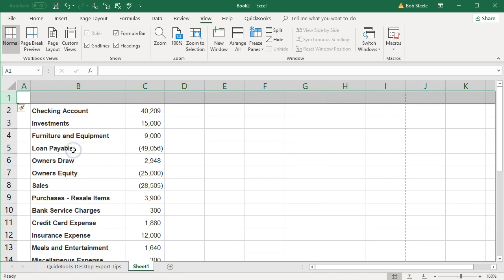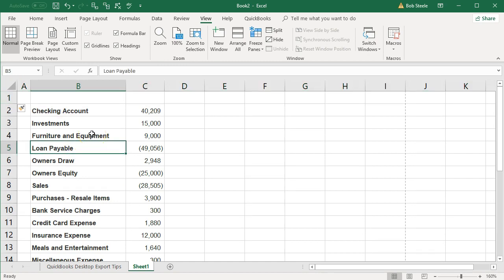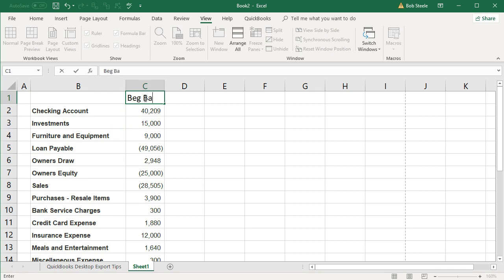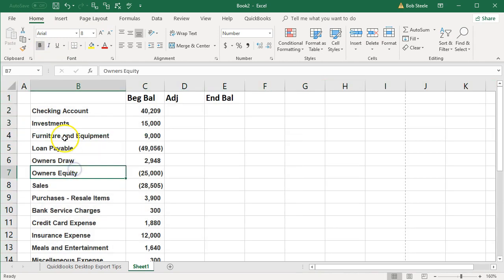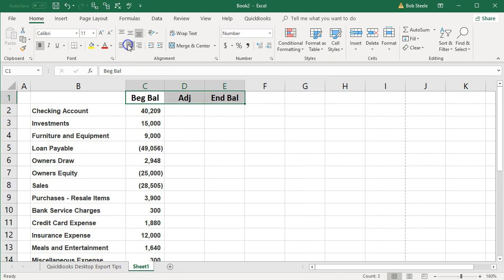I know I'm doing this way fast, but just to give you an idea what this will look like. And this is going to be like the beginning balance. And these are going to be our adjustments. And then we'll have an ending balance here. I'm going to make the whole thing bolded. Looks like that. And so then I'll center this and maybe underline it, and then I'm going to sum up